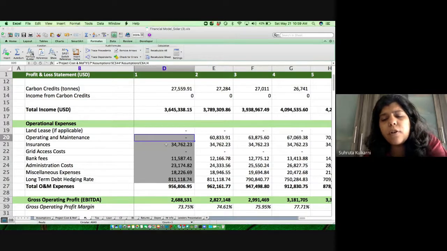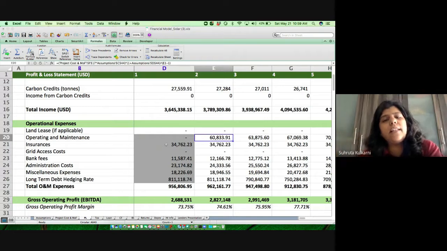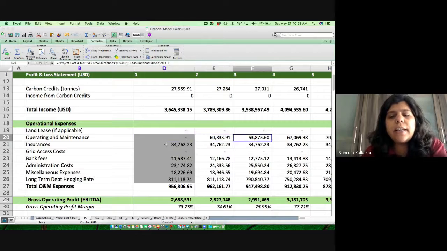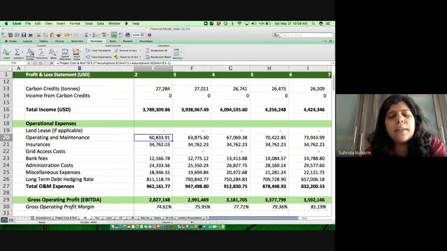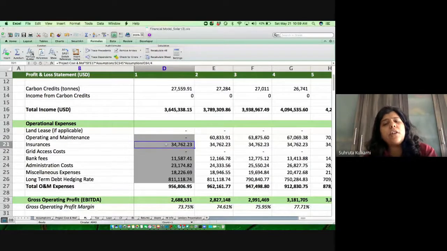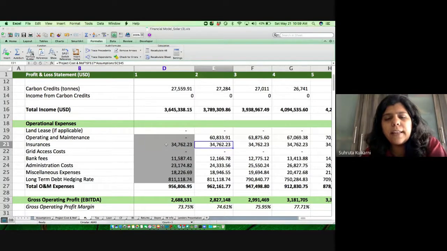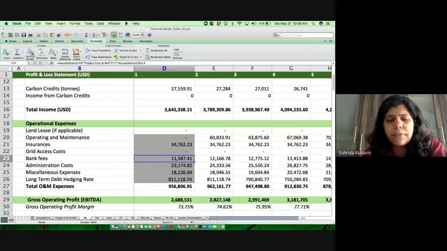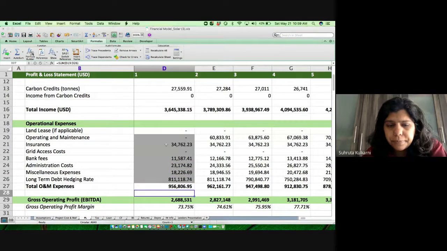Going forward, typically what also happens is that you calculate the first year, and from next year onwards it's just an escalation of the first year, so you don't need to calculate again and again. Operational expenses are like that: you calculate them for the first year, and from next year onwards it's just a 5% escalation. Hence your formulas could differ, for example this into 5% plus. So for every type of expense over here, there is a different calculation. I'm going to share this sheet so you can have a look at that as well.